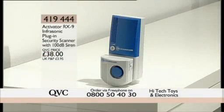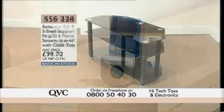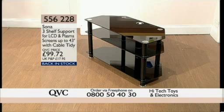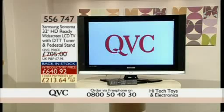And then with Peter, we had a look at the Activator RX9 infrasonic plug-in security scanner with a 100 decibel siren, and that is 419444, and that's £38. Nick was just mentioning the Sona 3-shelf support for LCD and plasma screens up to 43 inches with cable tidy, and this is 556228, and it's £99.72, and that is actually back in stock. And it would work extremely well with this, which sold out as a today's special value back in March, 556747. It's the 32-inch high-definition ready widescreen LCD TV with DTT tuner and pedestal stand, and it's £640.92, and it's on